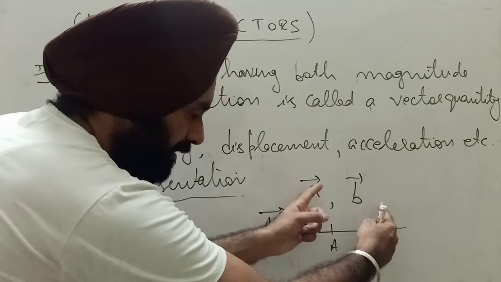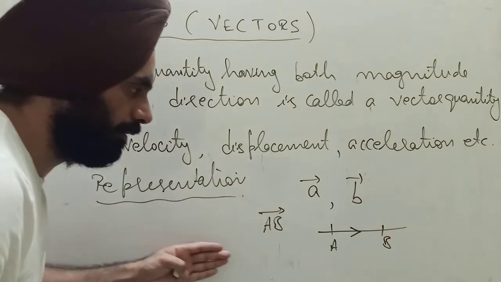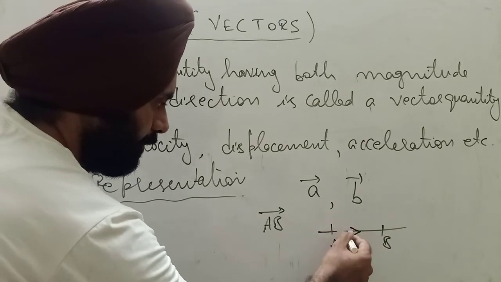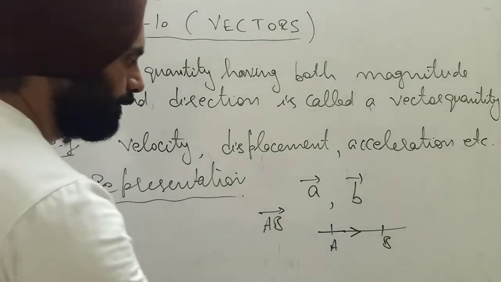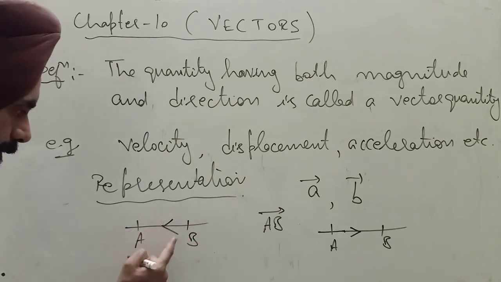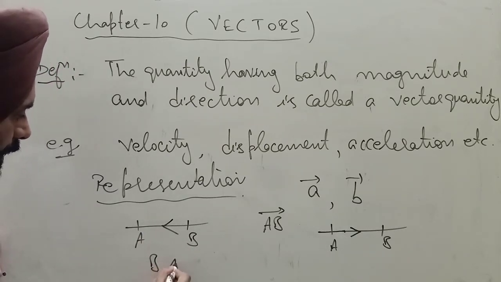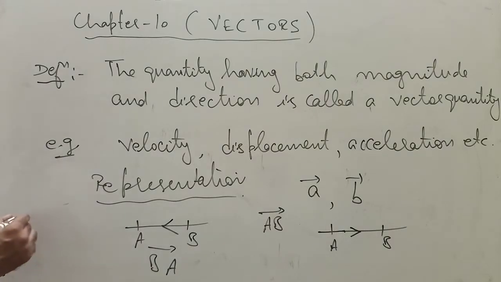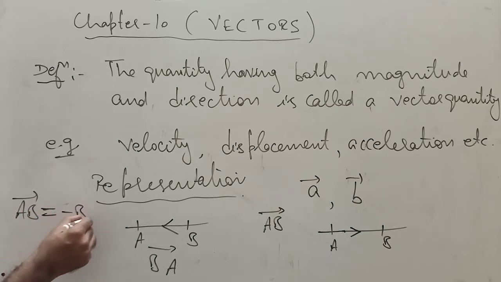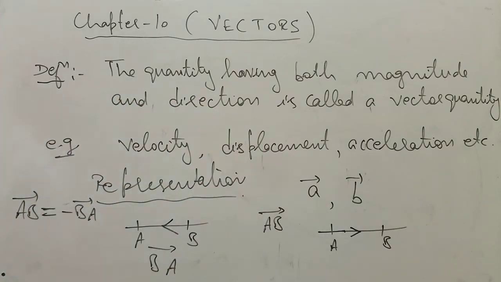This is a fixed length, and this fixed length is called magnitude. If this is the direction, then the vector direction is this, and if the arrow is like this, then the direction is towards this side. So this vector can be written like this. And if the direction is like this, then this vector will be written like this: this is the initial point, this is the terminal point, BA vector. Clear? And remember that AB vector is equal to minus of BA vector because it has opposite directions. So these are the basic concepts of vectors.